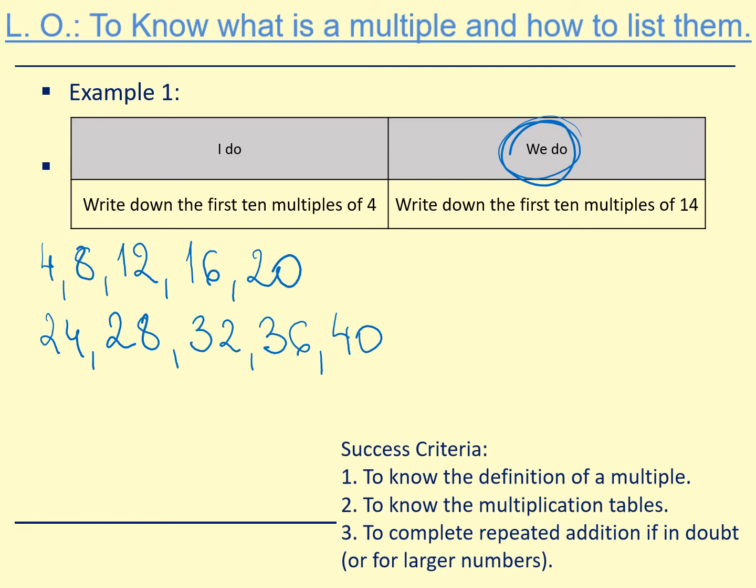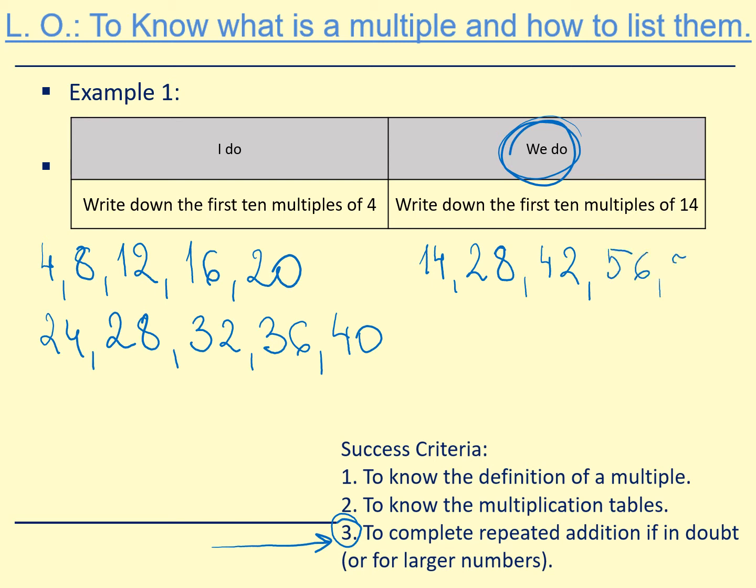Okay, this one was a little bit more difficult. So in here, we can look at the third point of our success criteria, to complete repeated addition. I would not expect you to know the 14 times table by heart, but you should be able to add on 14 over and over again. So the first multiple of 14 is 14 itself. The second is 2 14s, so 14 plus 14, which is 28. Then plus 14, 42,